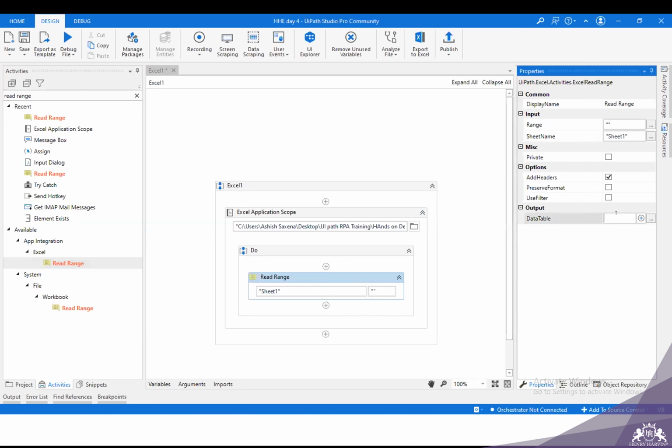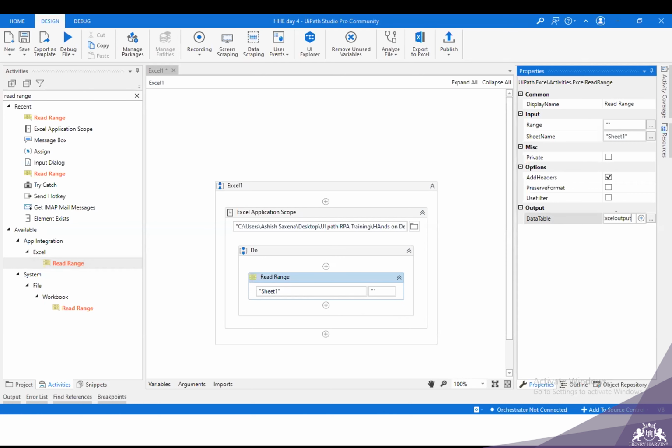Here I'll create an output data table by pressing Ctrl K, and I'll name it VXL output, and press enter.